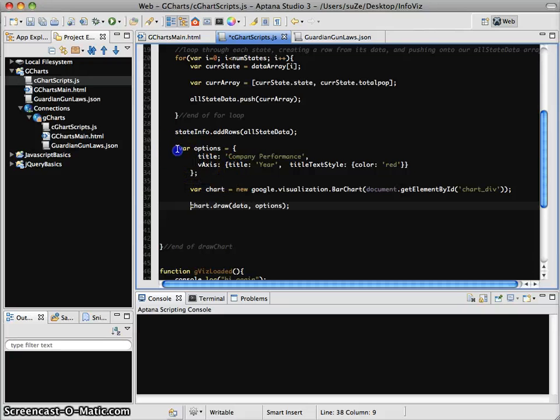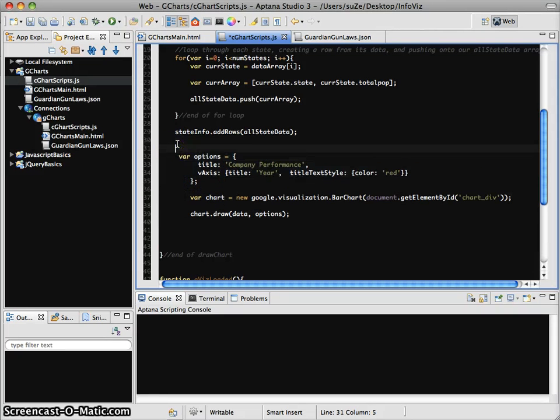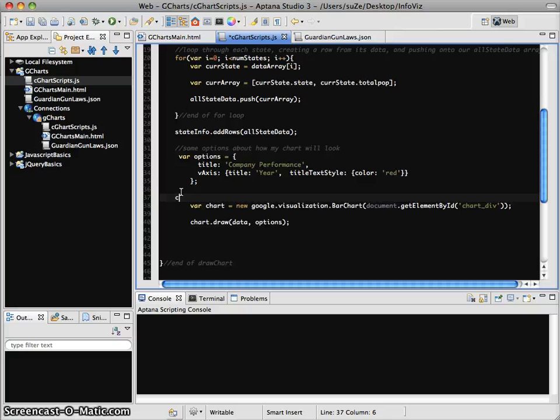But basically I've got my options, some options about how my chart looks, right? Creating the chart in a particular div. Okay, so if we look closely at what's happening here, we see this